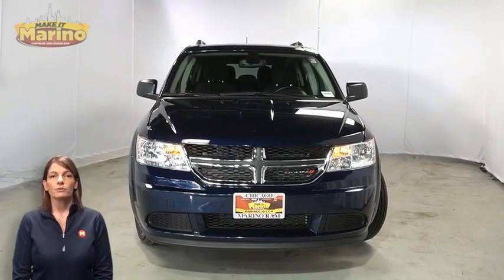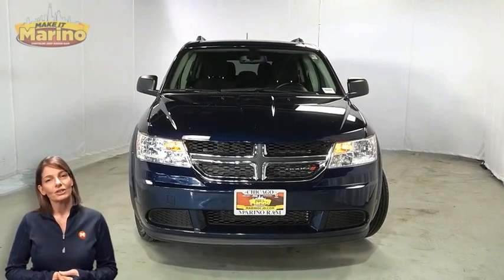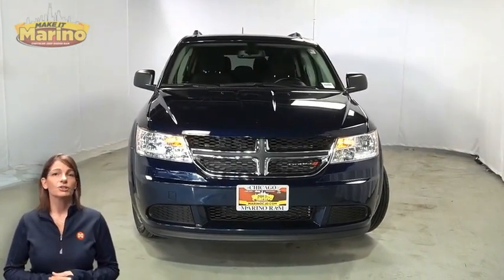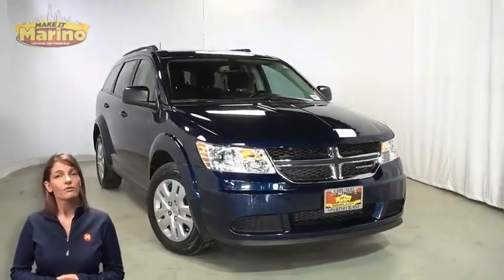Looking for a highly equipped family vehicle with all the right options and reliability? We'll take a look at this certified pre-owned 2019 Dodge Journey in Contusion Blue Pearl. With halogen quad headlamps, front fog lamps,